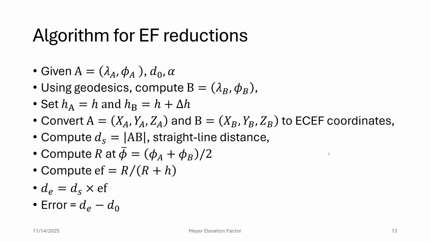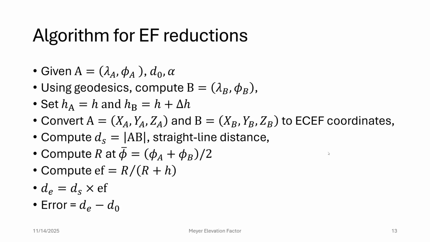For the cases that we are going to do reductions with the elevation factor, the algorithm goes like this. We start with A, the distance on the ellipsoid, and the azimuth to the forward station. Using the direct problem of geodesics, we will calculate B's coordinates, longitude and latitude. We will set A's height to be the testing height h that varies from 0 to 2,000 meters. And then we'll set B's height to be that of A plus delta h, the constant 100 meters. Now we've got A and B